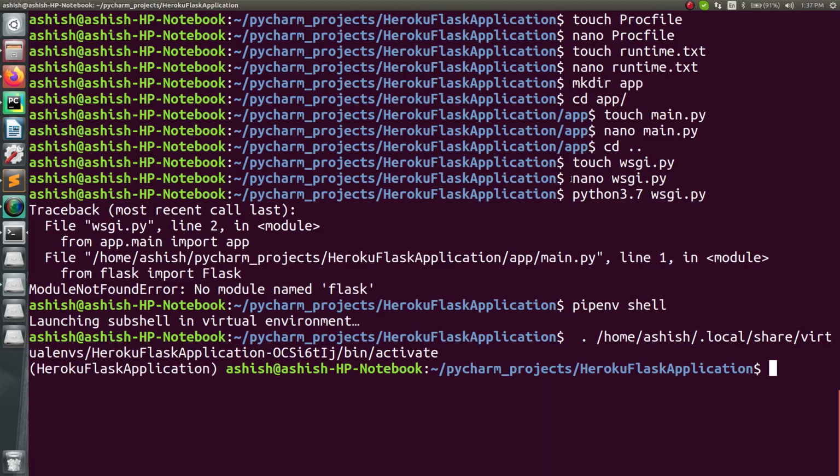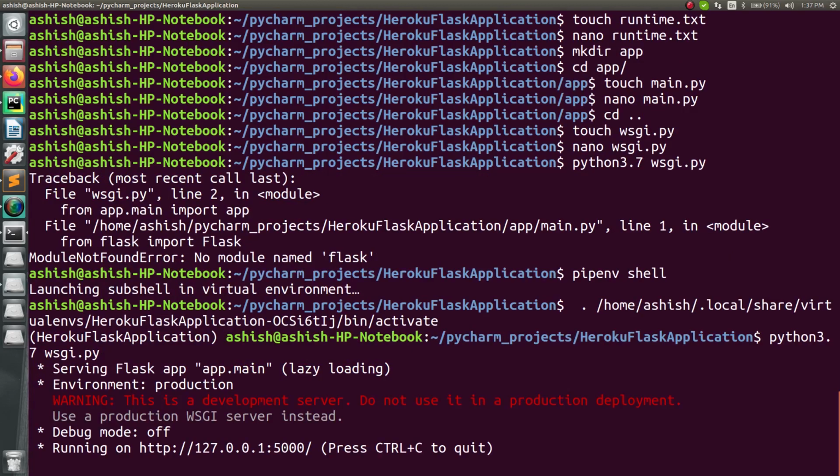And now when I run this command, python3.7, then it will just run it. Let me just run it now. python3.7 wsgi.py. Now press enter. Can you see the environment is activated, and now I'm able to run this application, right?